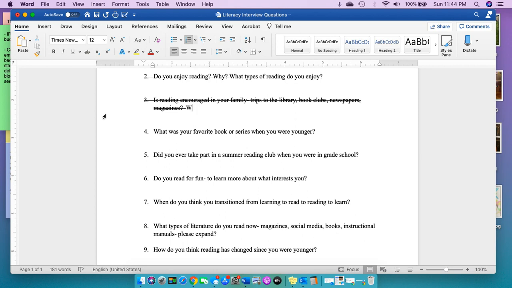So maybe we could say instead, what kinds of reading do people in your family enjoy or encourage? So you see how you're taking it from this perspective, which limits the type of reading that is being valued, to reframing it to just assuming that everybody uses different kinds of reading. It's just how they use it.